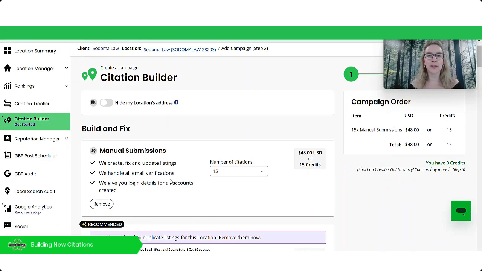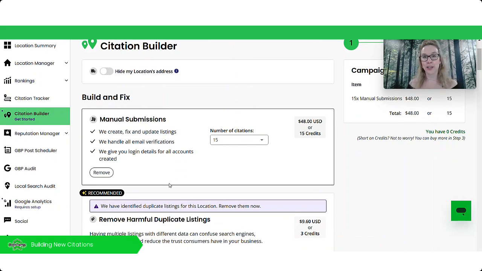The first element of the three for Citation Builder would be creating your manual submission. So if you pick this option to have our team do, you can see what this entails here. We will create, fix, and update listings for you. We'll handle all of the email verifications. It is worth knowing that the big directories, we would say the engagement layer directories, Facebook, Bing, Google, Apple, Yelp,